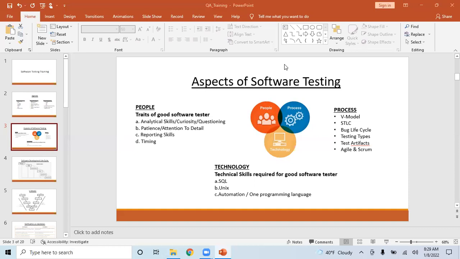Some order ID has to be generated, and it should display, hey, this is your order ID, and you will get this package in the next 2 or 3 days. That's the expected behavior, right? But when you click on submit, nothing happened. You got a blank screen, right? That's a bug.